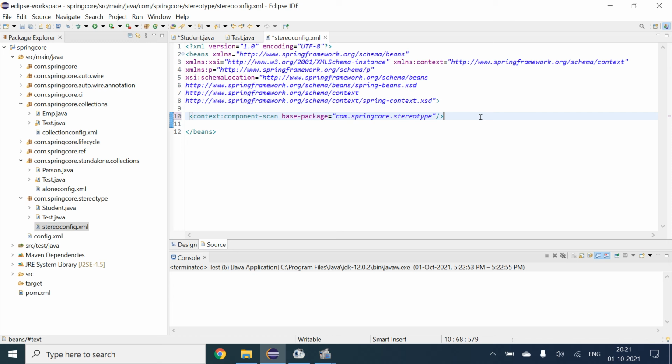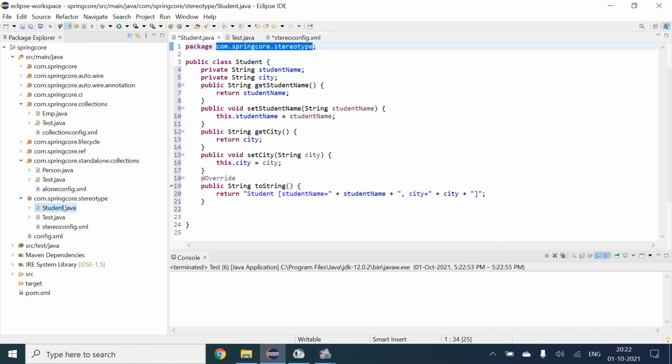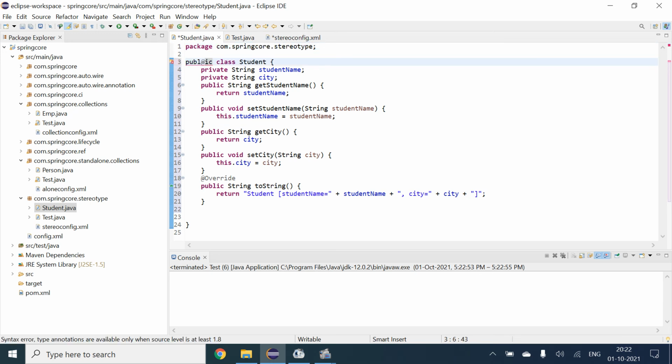So basically it can scan the package of these classes, and we will not declare any kind of bean. We will just come to Student and declare the component annotation.